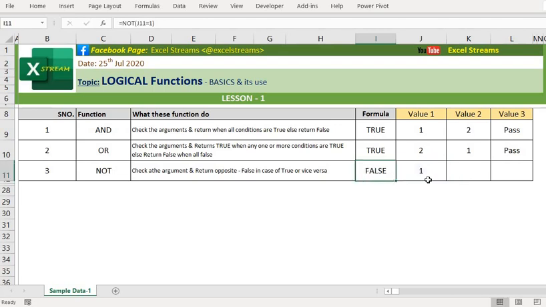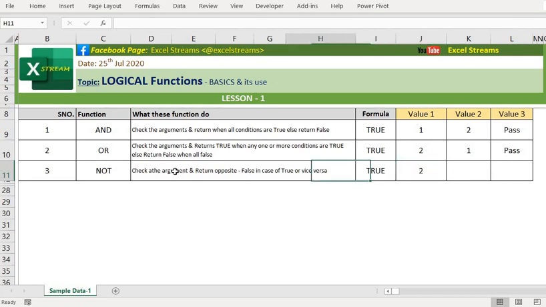It will give false. If you put 2, it will give you true. Because what I'm checking here is J11 equal to 1, meaning is this value equal to 1? No, right? But it will give me true. So it will return the exact opposite of the value.